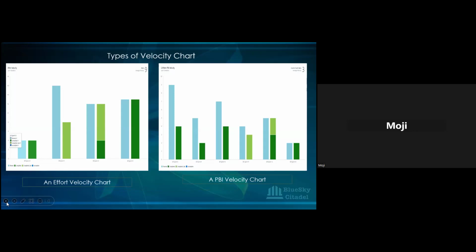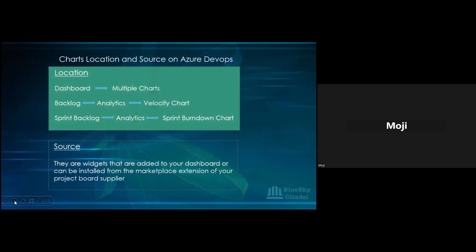and that's your PBI velocity chart. So before we go to the location and also try to generate based on our time, do we have any questions so far on your velocity chart or your burn down chart before we go further? No question? Good. Okay, so